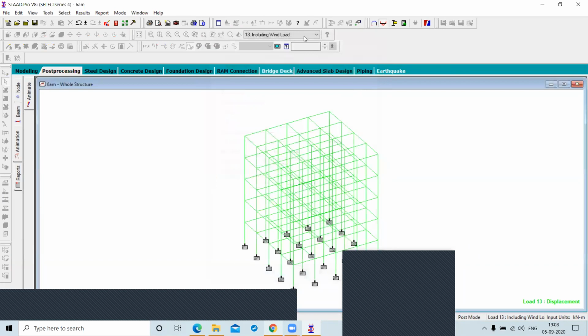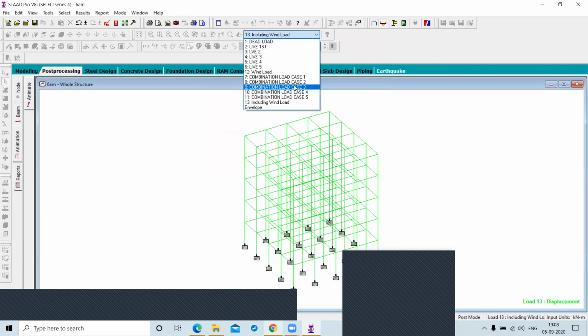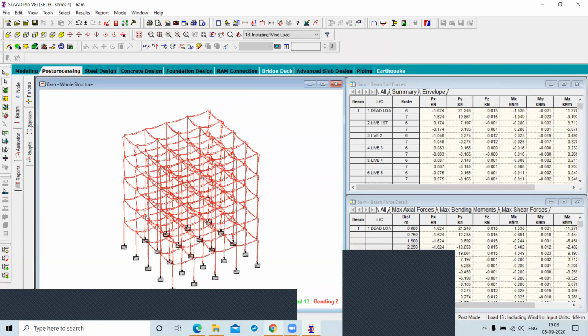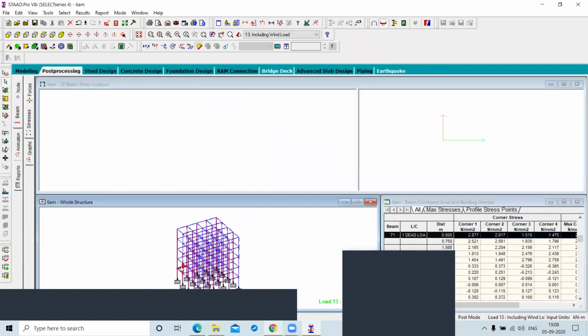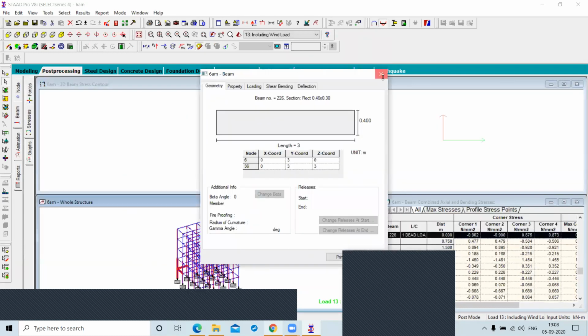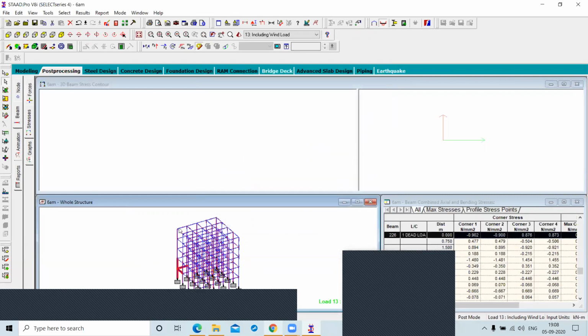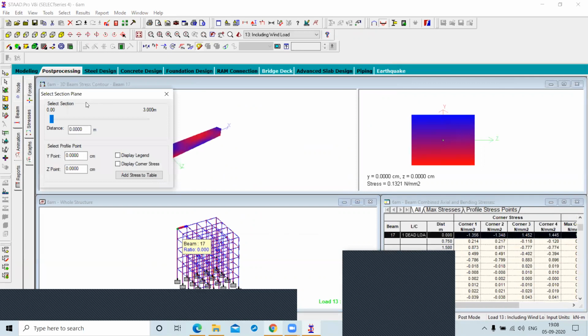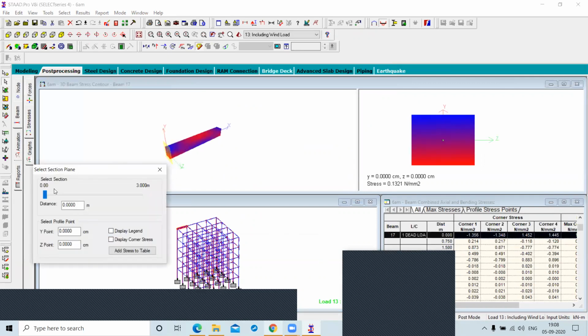After that, you have to change your loads and see the changes. Okay. If you want to see the stress in your members, just click and select your first beam and see this is the stress in your member.